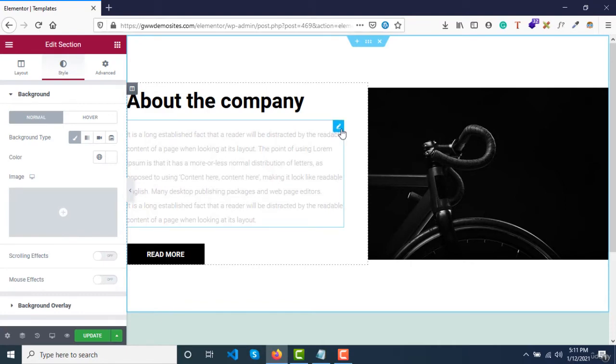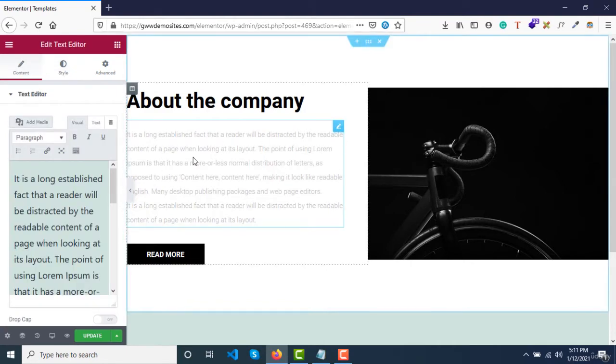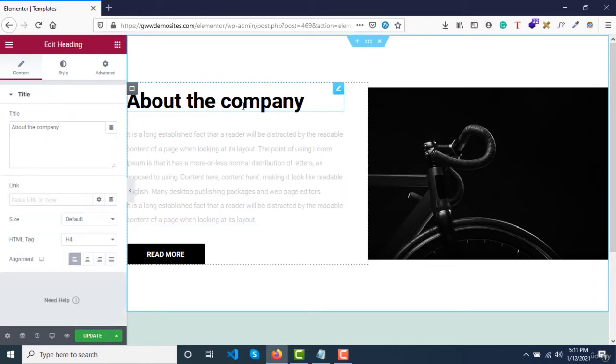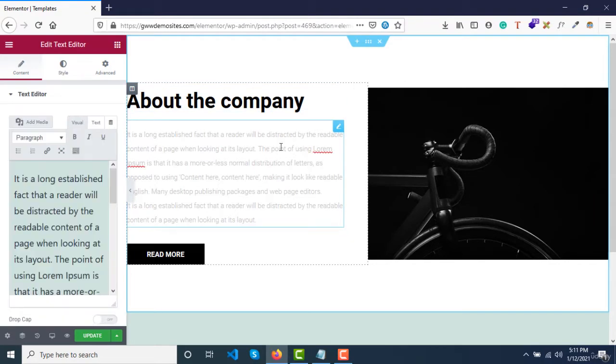Now you can change every part of this section. You can customize the header, the text, the font family, you can change and customize this paragraph, you can customize the buttons, and also this image. What does this mean?